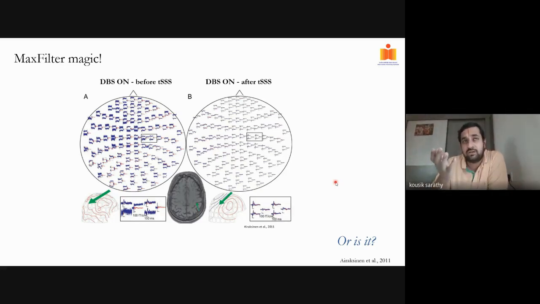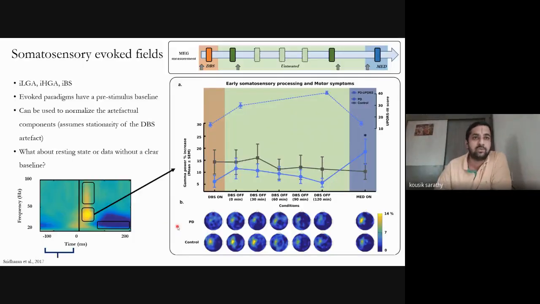One good thing about experiments like these is that you have a pre-stimulus and a post-stimulus part. So you have a stimulus and you have some activity before the stimulus which you can use as a baseline. And then you have an active part which you can then use to normalize. Let me show you how it works. So this is from the study that we did in Aarhus. We have patients who come in without medication through the night. They are only on DBS when we do one set of measurements. And then we switch off the DBS and they are on the washout phase. And then we do one more measurement.